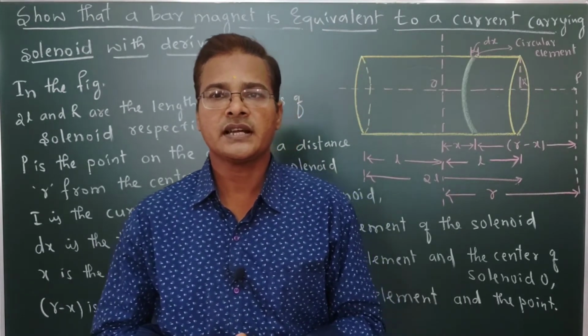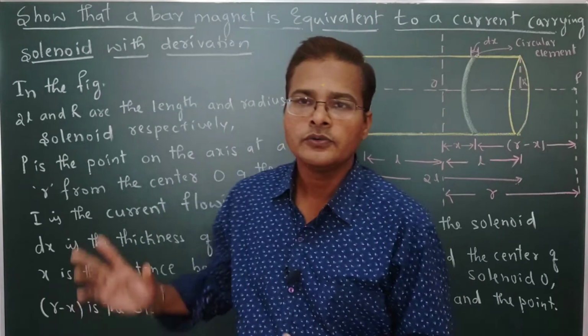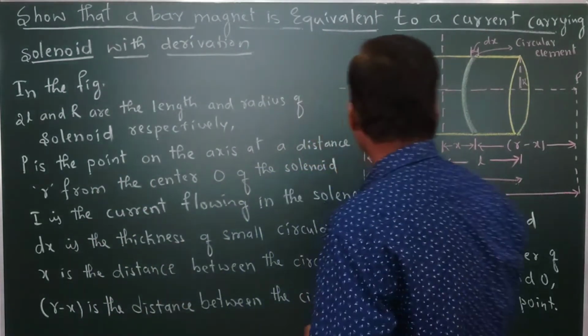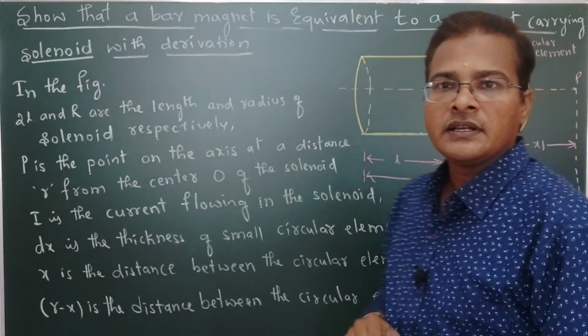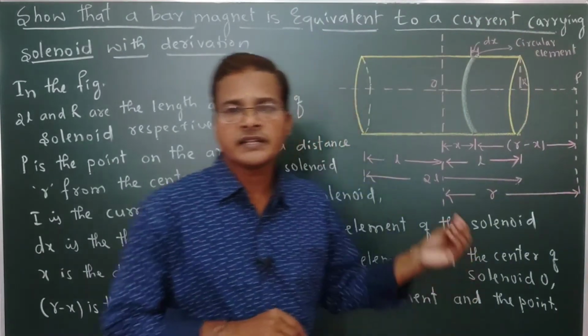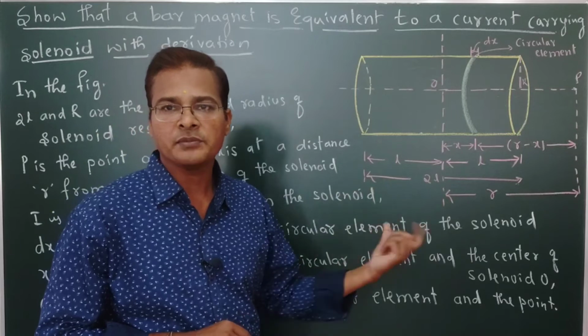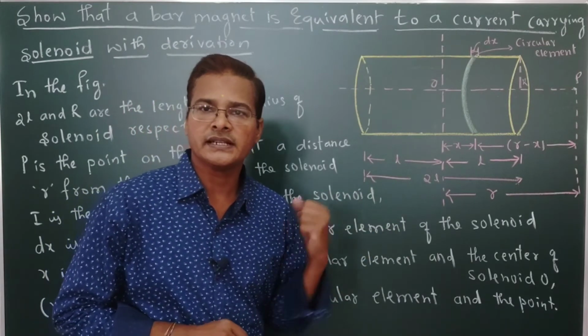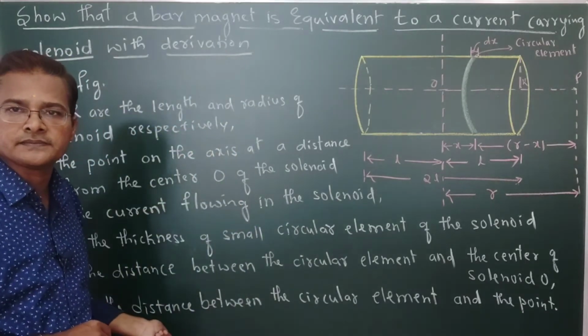Many students ask me, sir, how to write the explanation? I can't remember it. Just think about whatever is in the figure. For example, what does L mean? What does R mean? And what does x mean? If you know these, then it is easy to write down everything.